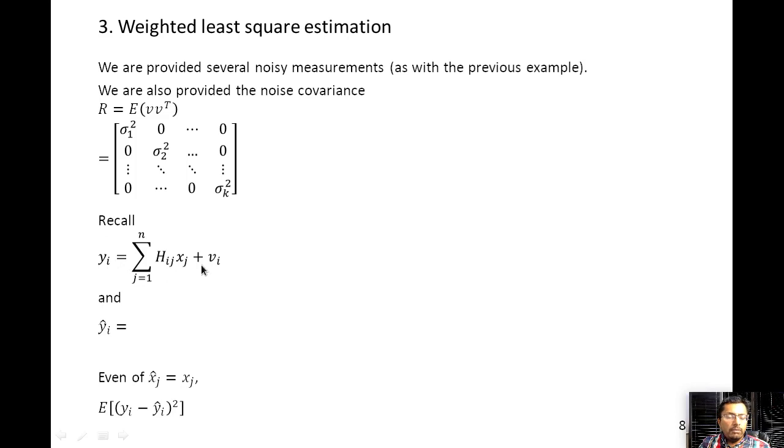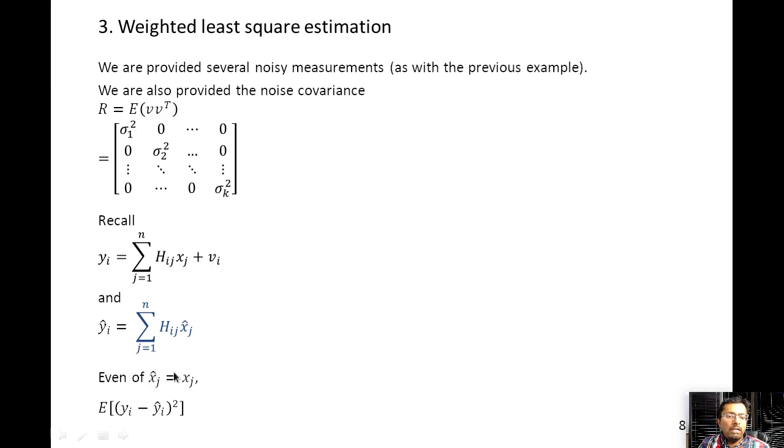So in a compressed form, you write it as y_i equals the sum over j running from 1 to n of h_ij x_j, plus v_i, and then we do the estimated value y hat, where if x hat is the estimated value, we just substitute for x hat. Since the mean of the noise is 0, we put 0 over here, so this will be the estimated error.